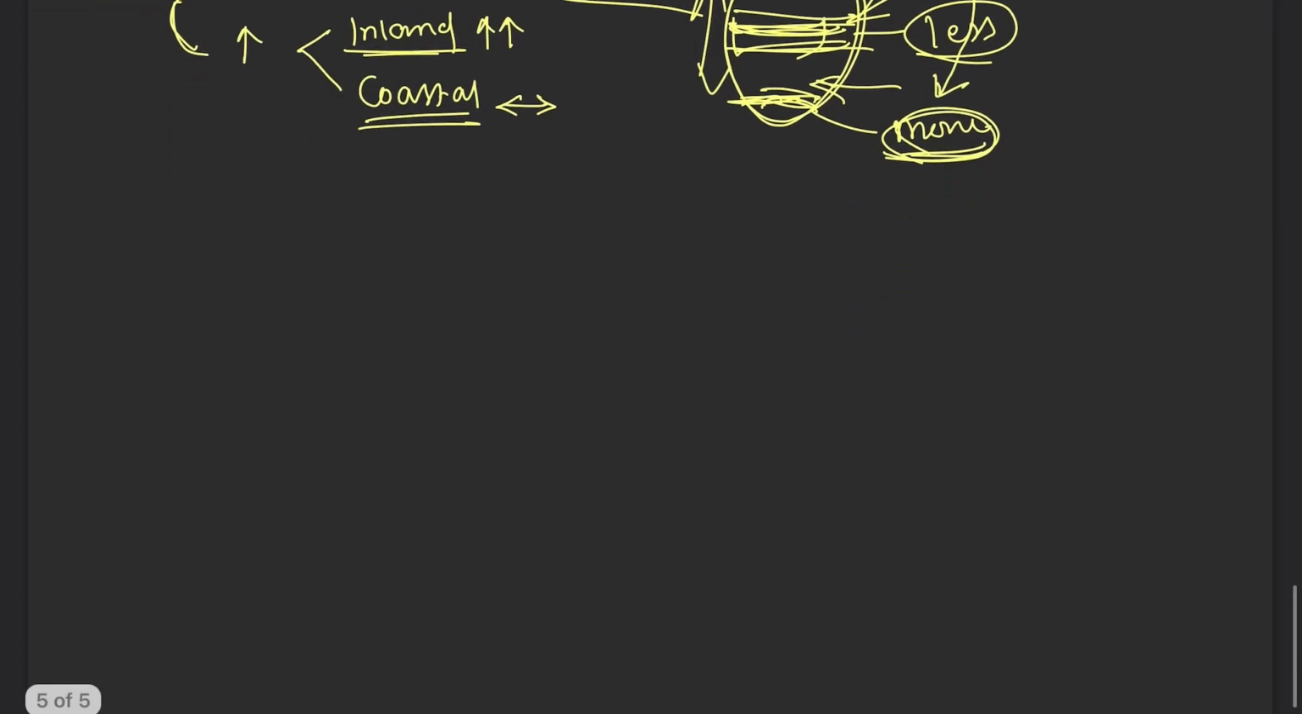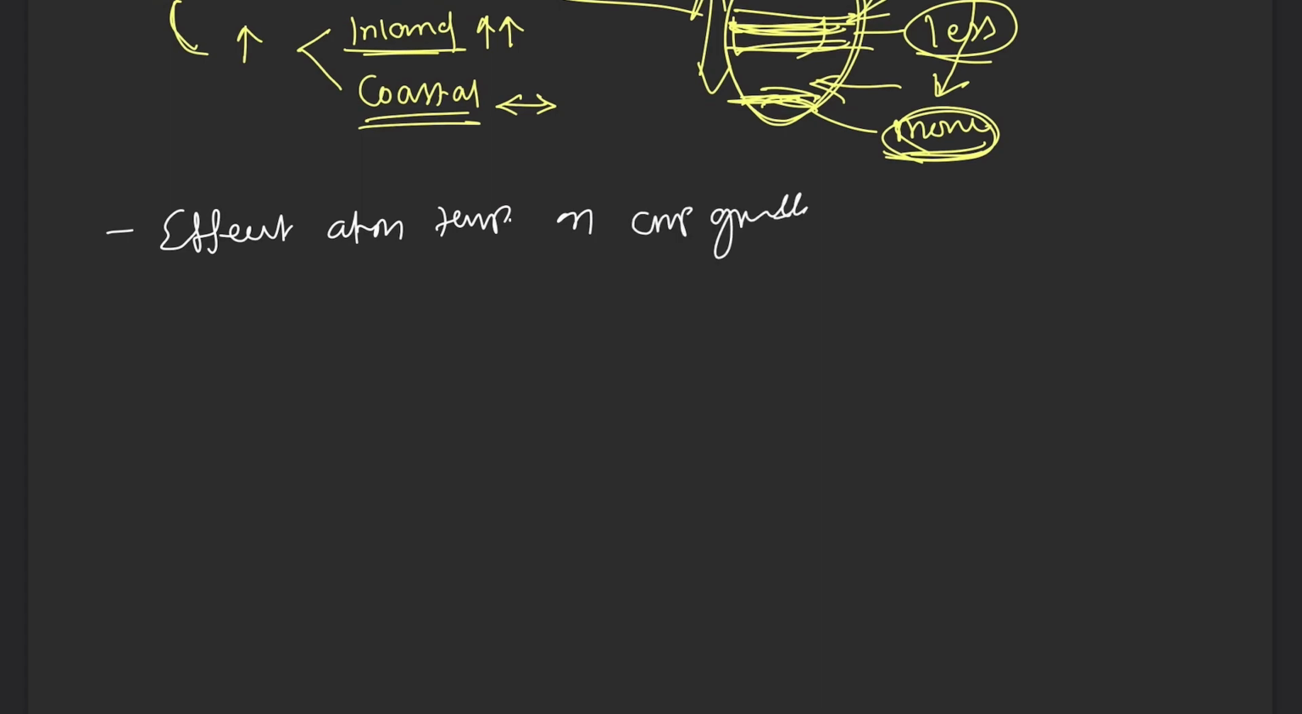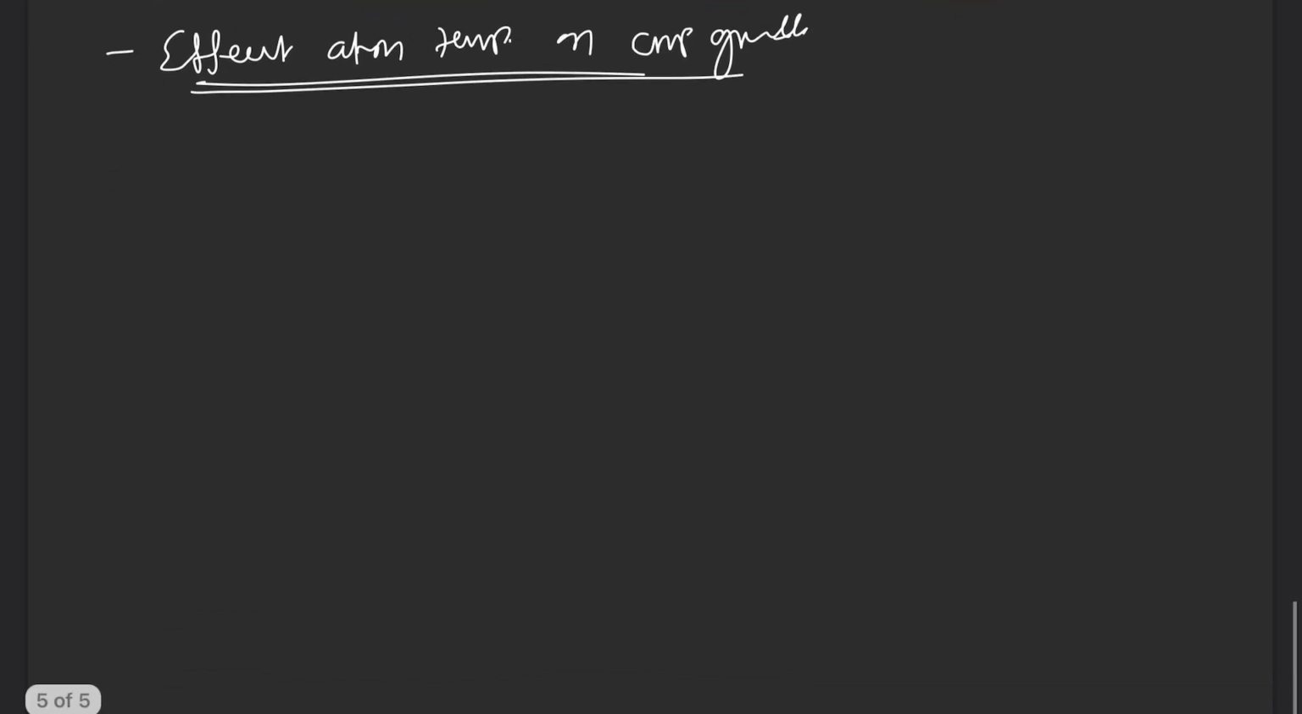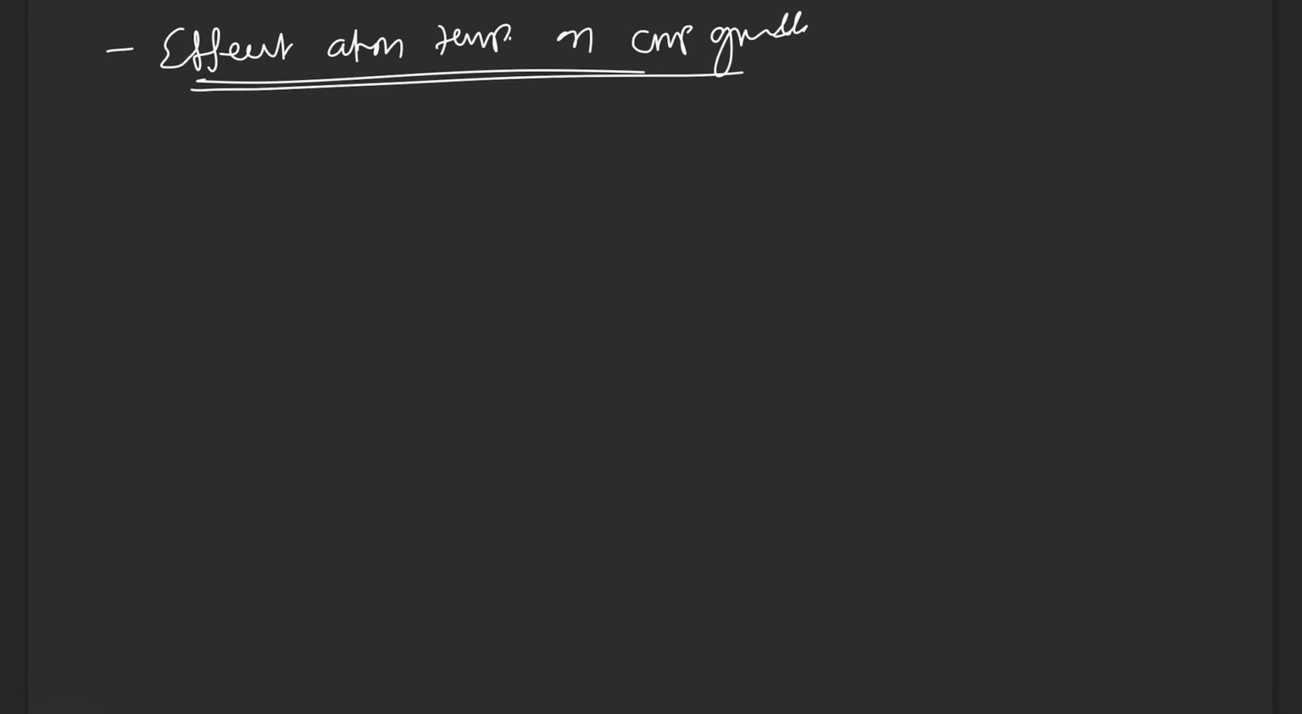Then another important point is, what is the effect or influence of atmospheric temperature on crop growth? How does it affect our crop growth? All the physiological and molecular activity inside any plant or any organism is directly affected by temperature. All the respiration, photosynthesis, every biochemical reaction is affected by temperature, right? So with respect to crop growth,